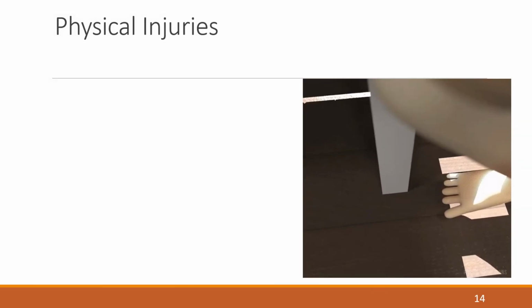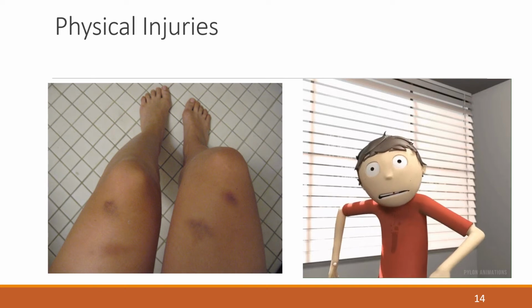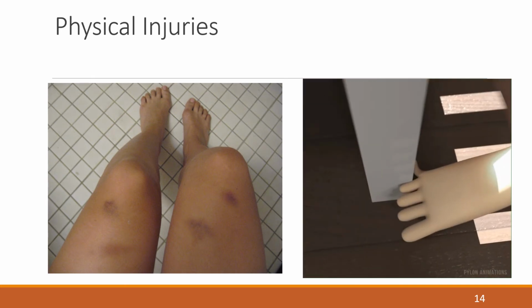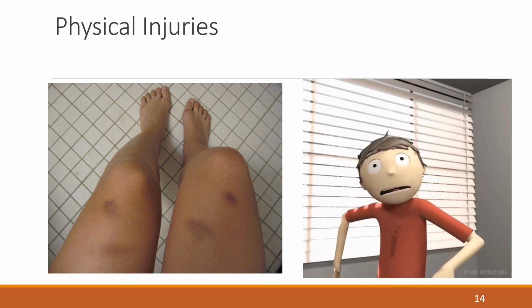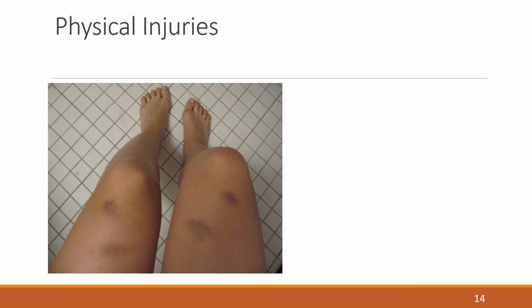Physical injuries are a possible sign of an unsafe environment at the child's home. Physical injuries can refer to lacerations, scars, bruises, or any discoloration. Objects may cause the child to trip as they learn how to walk.